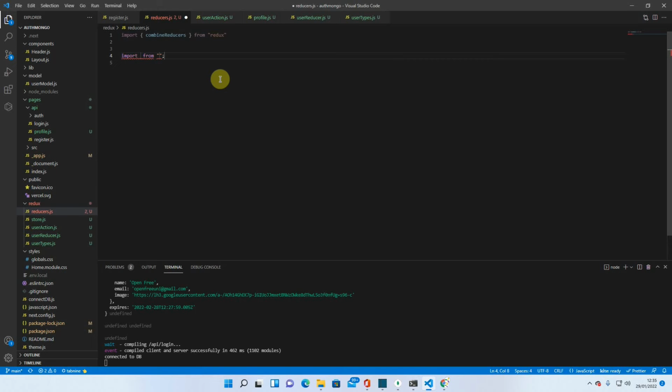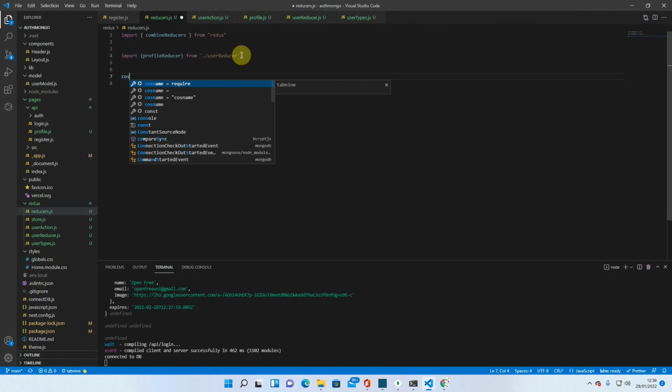Import. Control Z. We're going to do more than one import, so let's have it like this. Import. What is it called? Profile reducer. From user reducers, from user, oops, it's that one, isn't it? It's that one. Yeah, user reducer. And then it's const, I've got to spell const reducer